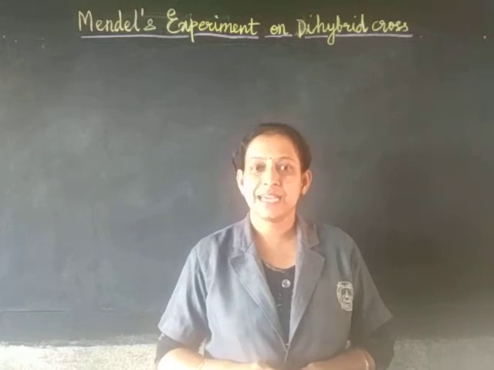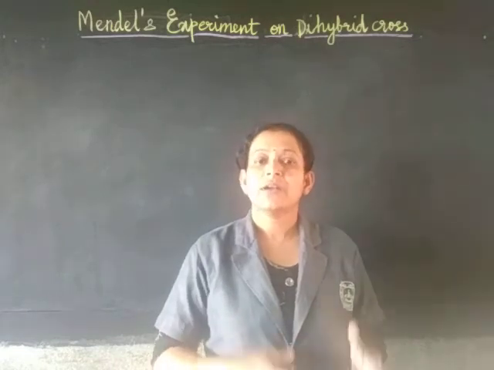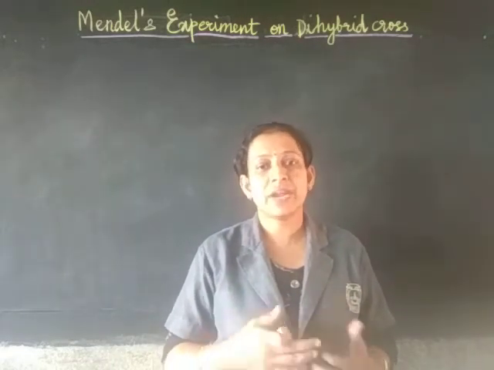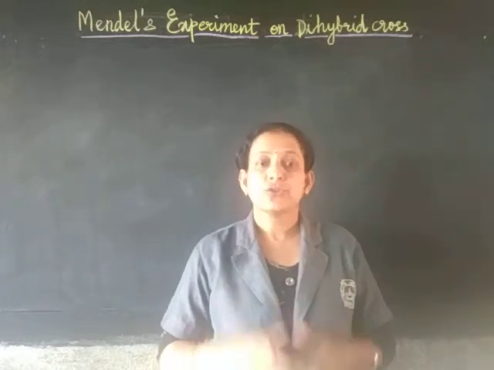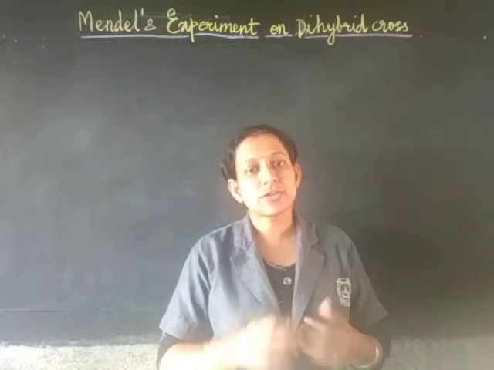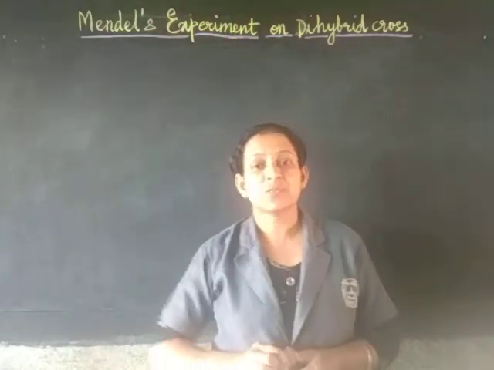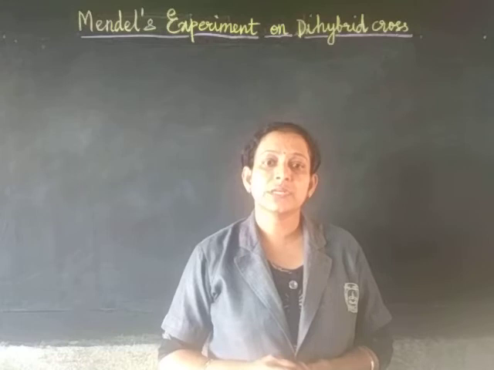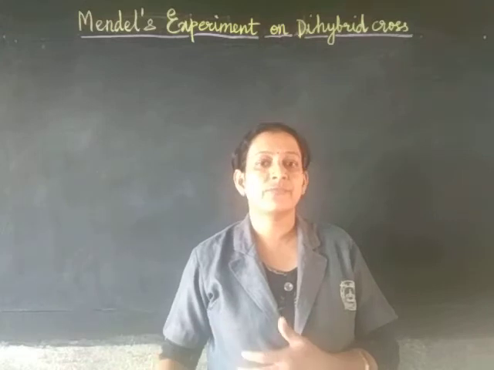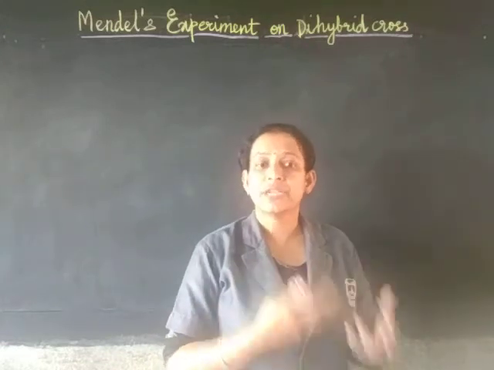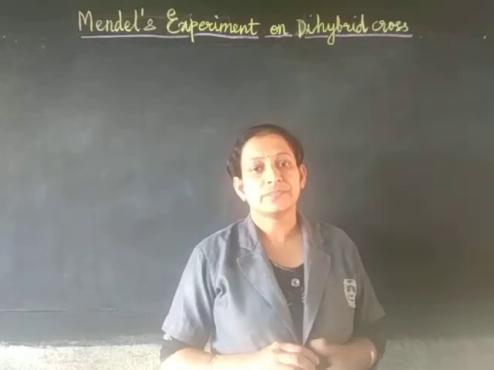In the lesson Heredity and Variation, we have already finished with monohybrid cross, wherein Mendel had studied the pea plants using only one contrasting character, that was tall and dwarf. Today we are going to learn the next cross called dihybrid cross. How did Mendel do his experiment on dihybrid cross, what was the parental generation which he used, what was the first generation and what was the second generation, and what different combinations he got. So let's try to learn that now.